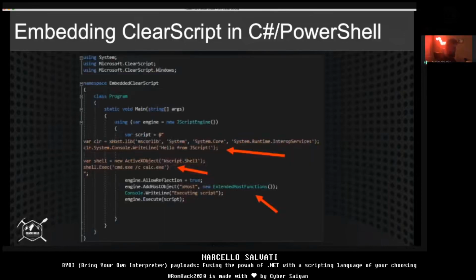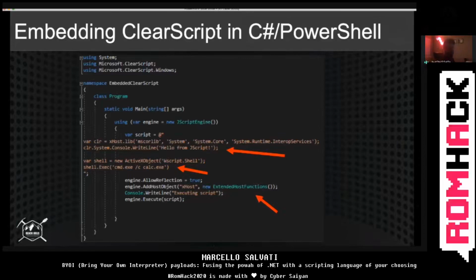One other thing that I would like to mention here: I did say before that this is subjected to AMSI, but because ClearScript allows you to expose the .NET engine to JScript, you can actually now patch AMSI out using JScript and VBScript. So now we're back to the whole PowerShell situation where we're playing the chicken and the egg problem. But because of ClearScript, you can now inject shellcode. You can now do all of the great and crazy stuff that we do as pen testers and red teamers through JScript and VBScript, okay,